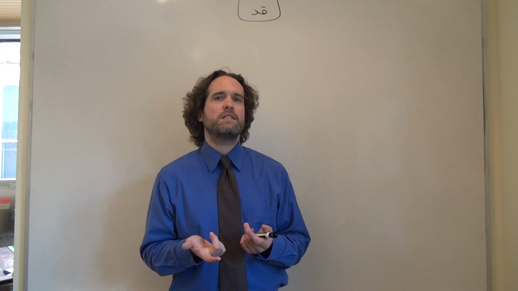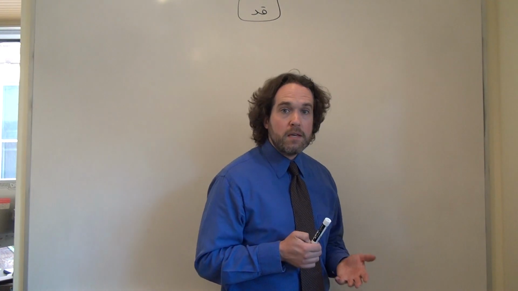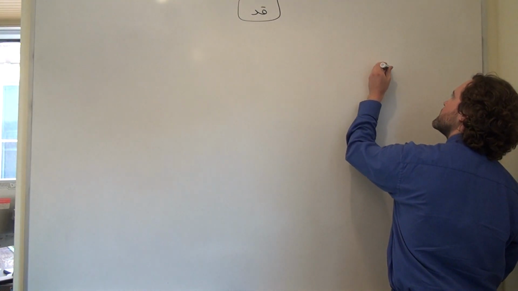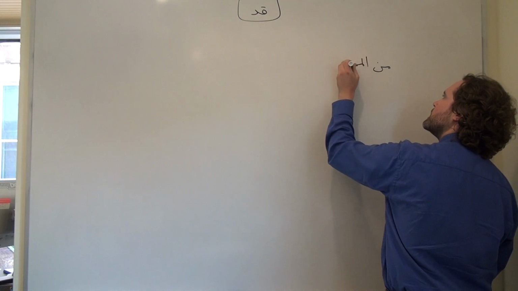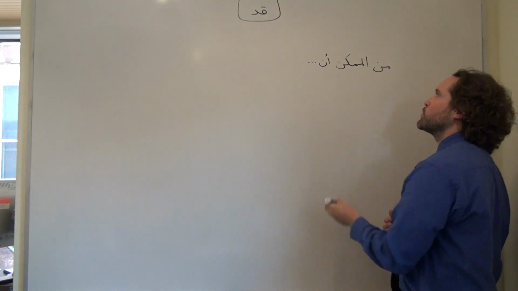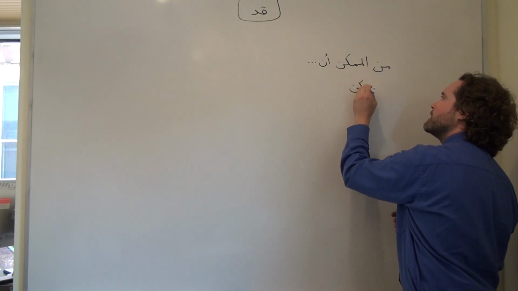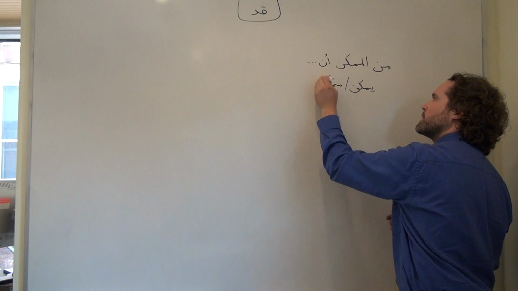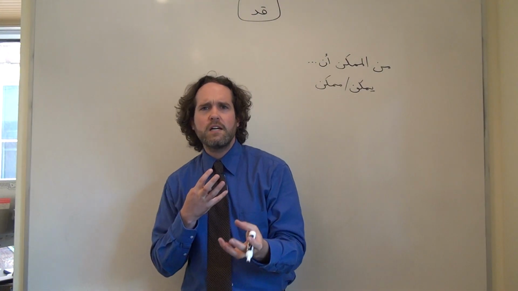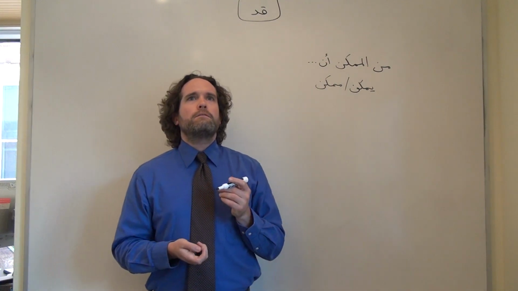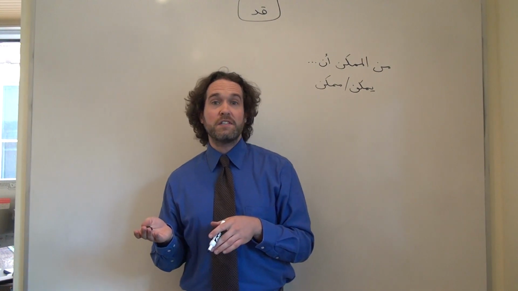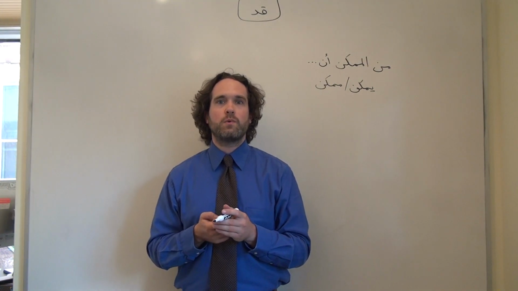The first enables us to say something like maybe, might, it is possible that, very similar to what we understand if we read min al-mumkin an in a formal Arabic text, or hear something like yimkin or mumkin in colloquial speech. Right? It gives that sense of possibility, of uncertainty. For example, if we wanted to say, I might study or I might go to the movies. That's a situation where we could use qad.